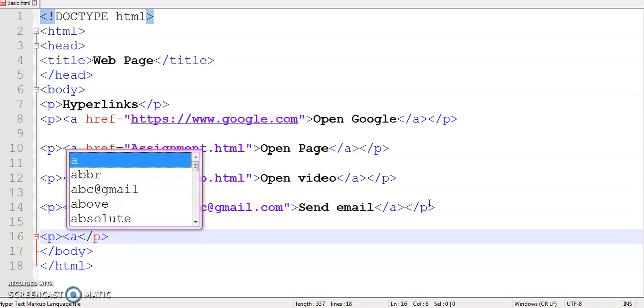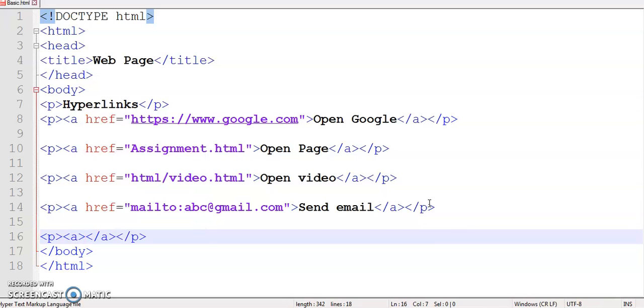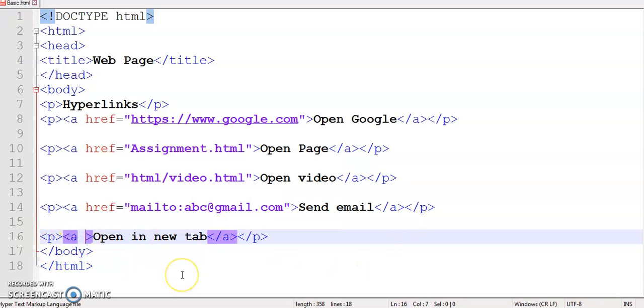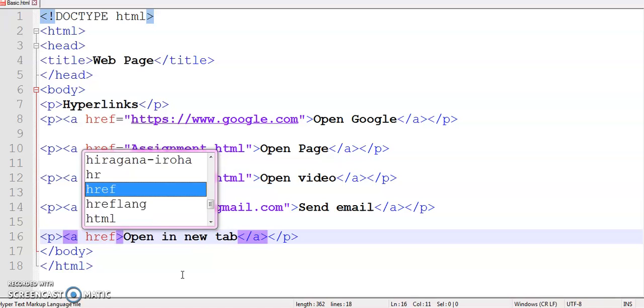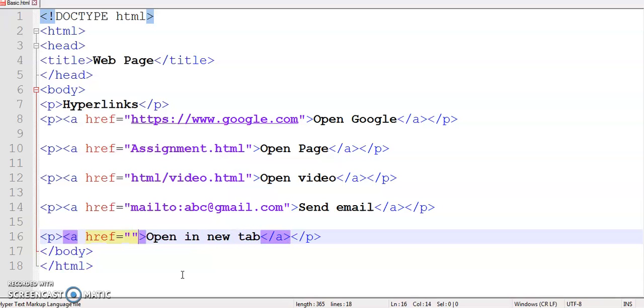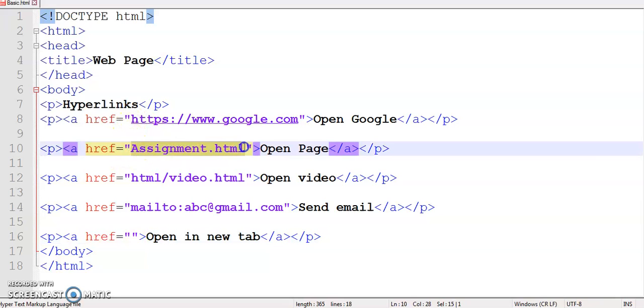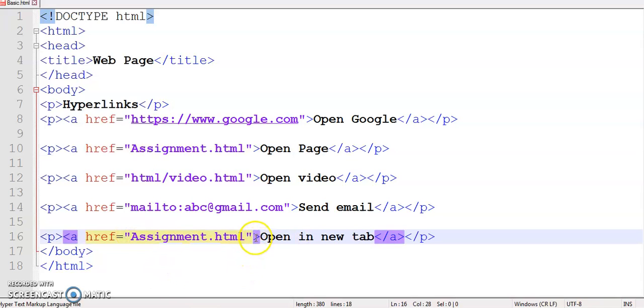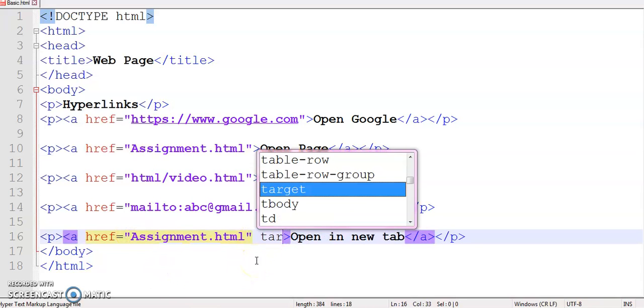So first I am going to create open in new tab. This will be the link text. Now for href, I am using, say, this one once again. This page I want to open, and now the extra attribute, that is target.